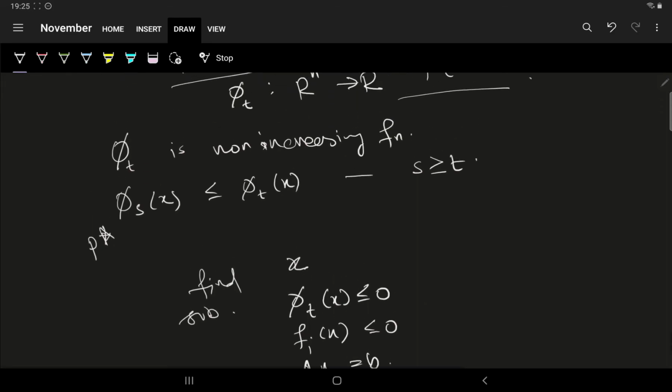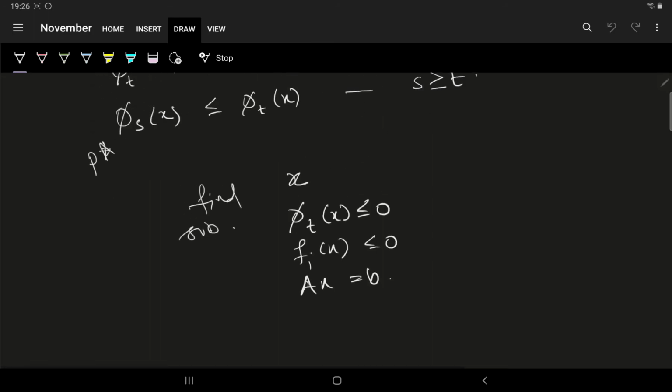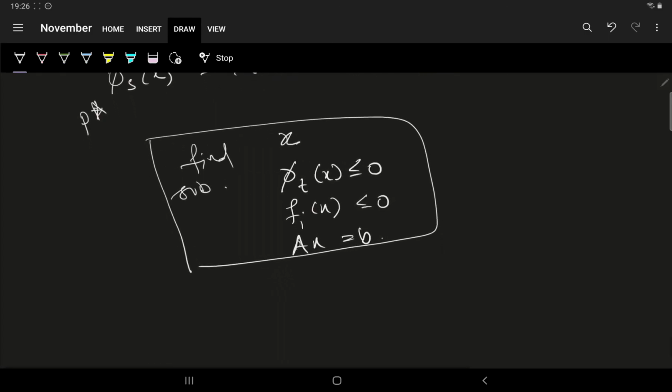So if this feasibility problem is feasible, we can see that the optimal value will be lesser than or equal to the value of t,